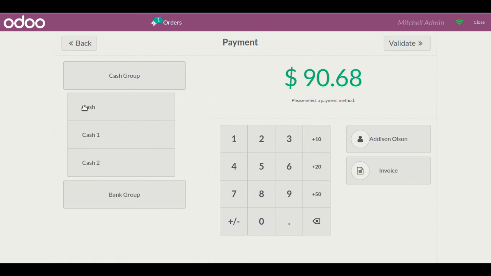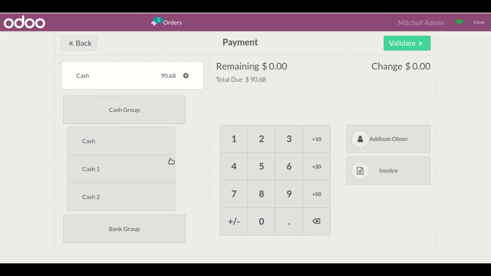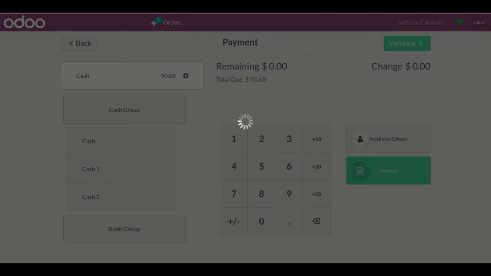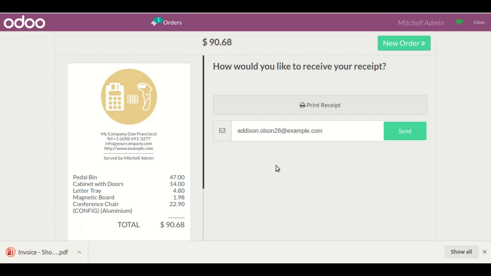So suppose I am selecting this cash method from the cash group and validating this.